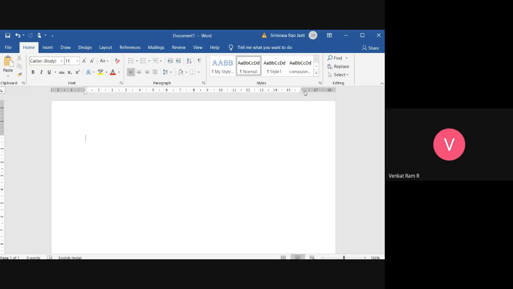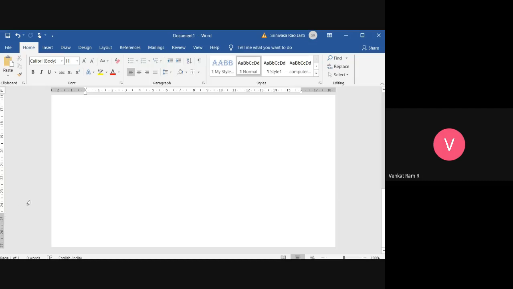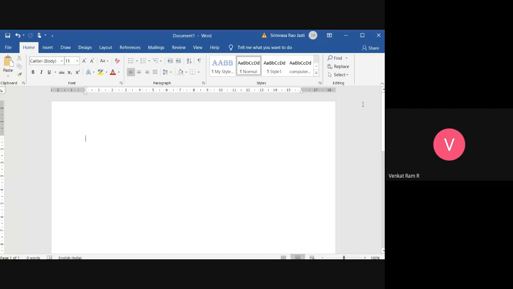And here, the space on this right side is called right indent. If you observe the ruler again, one more is there. This is called top indent, and bottom also you are having, called bottom indent. So what is indent? The space between the worksheet area and the margins is called indent. Indents are of 4 types: left indent, right indent, top indent, and bottom indent. And there are a few more indents.